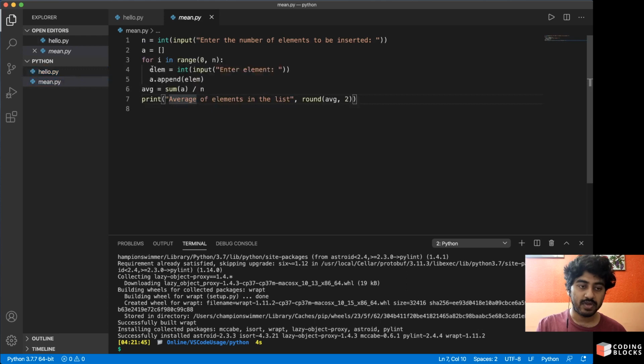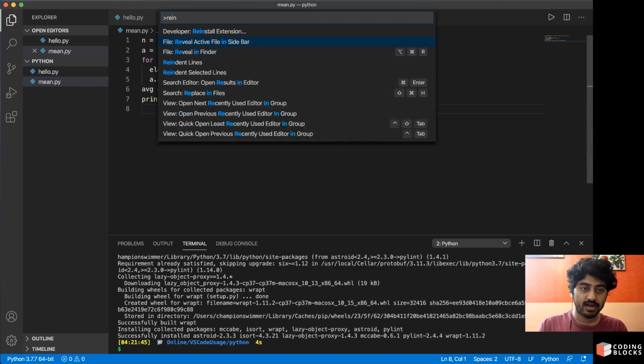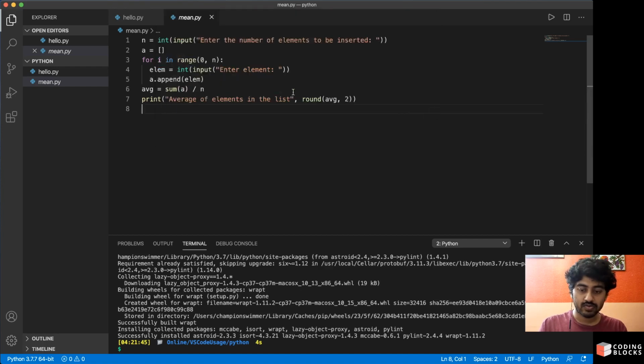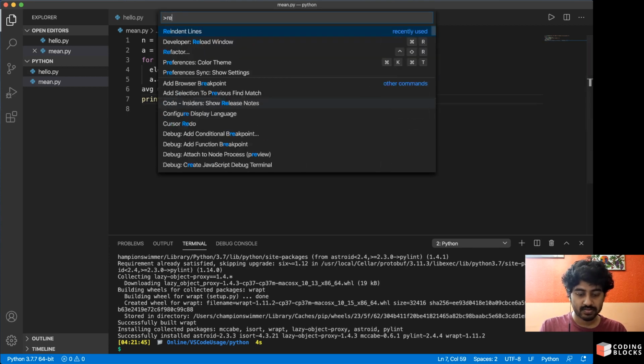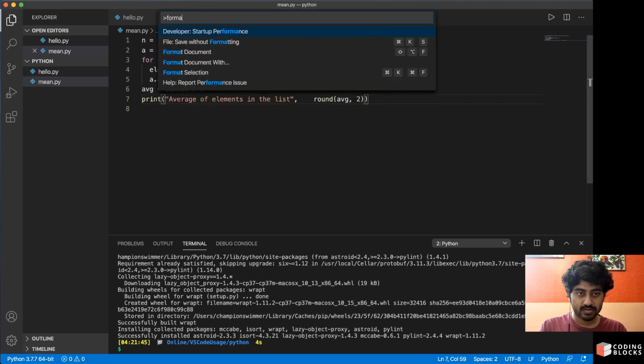So if you go to this mean.py file and run Control Shift P, Reindent Lines, that command will run only if you have pylint installed. If you have put some spaces here, and then run Reindent Lines, and I think Format Document,